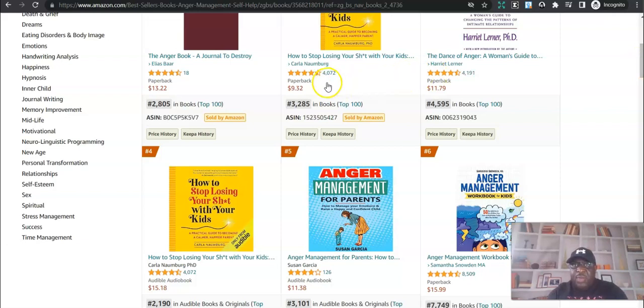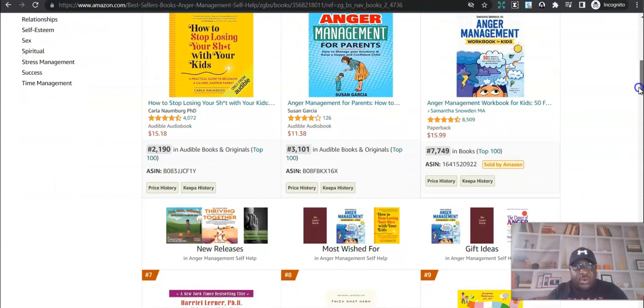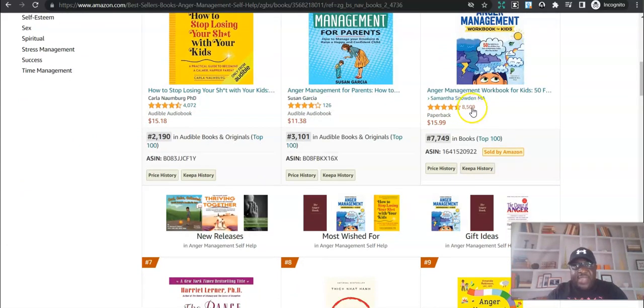So we will be looking for books. Don't go writing books that have this kind of number of reviews. I wouldn't even dare, because your book is going to go straight to what we call the publishing grave from the very moment you publish it, because it's going to drown. Nobody's going to see it. So you are looking for a low entry point, low barriers, and by low barriers I mean books that have fewer reviews. So you keep scrolling. You see books like this, 8,000, 4,000. We call books like this authority figures. The competition, you can't stand these people, so just let them be.